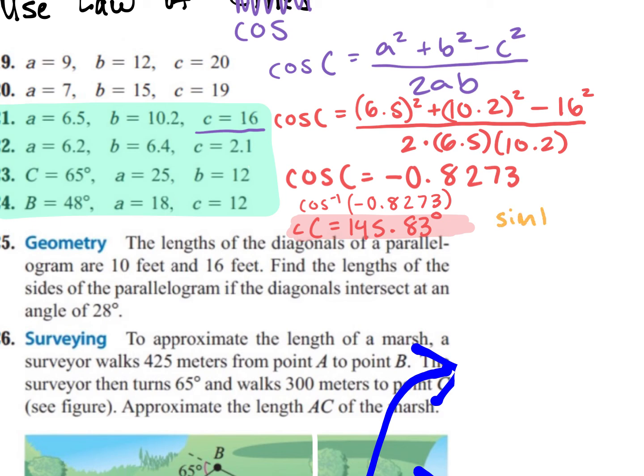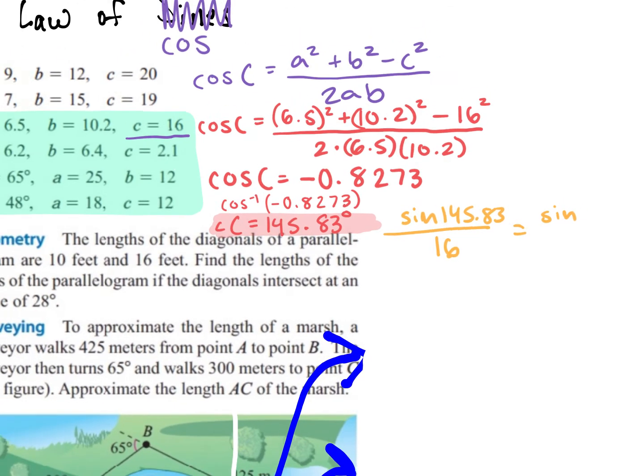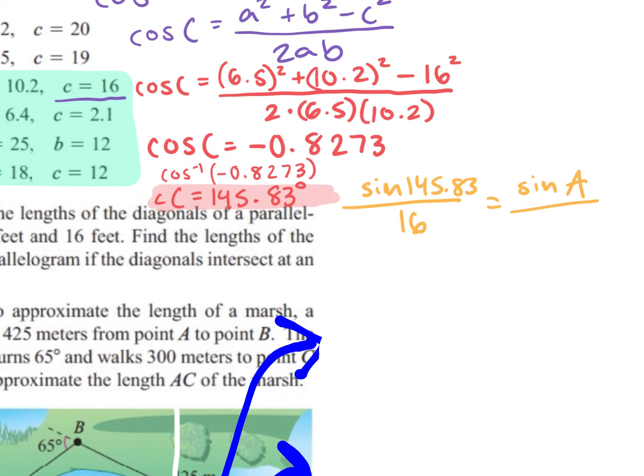So sine of the angle, so sine of 145 over, that was the angle C, so we have to do side C is equal to sine, I'm going to find the smallest one next, so sine of A over A is 6.5. Do you have to find the smallest? So we'll cross multiply sine of 145.83 times 6.5 divided by 16. So I got sine of A is equal to